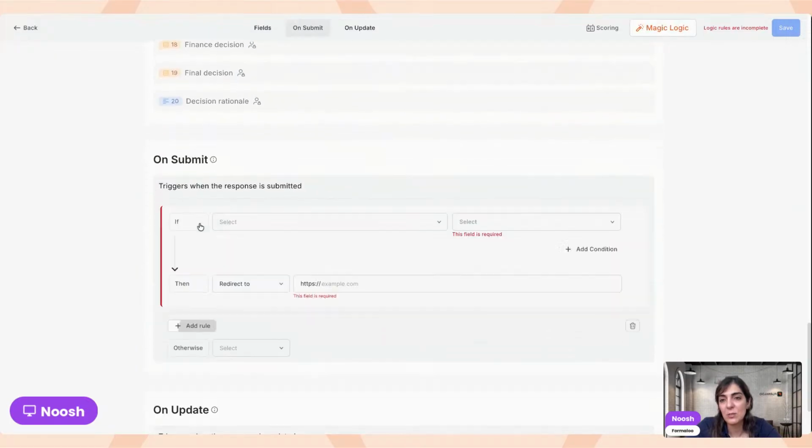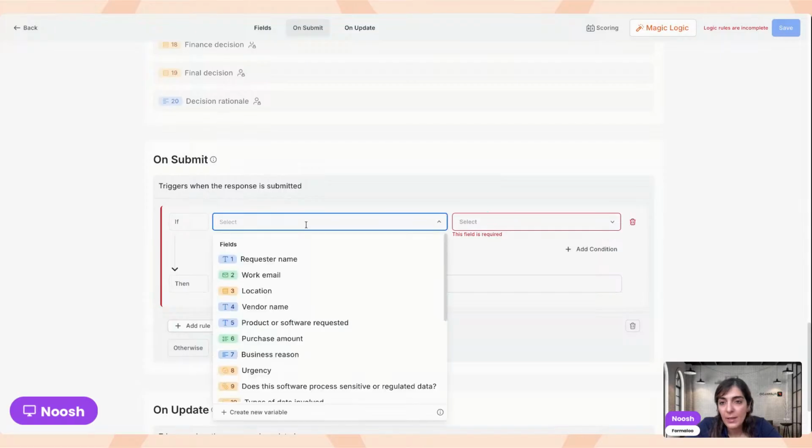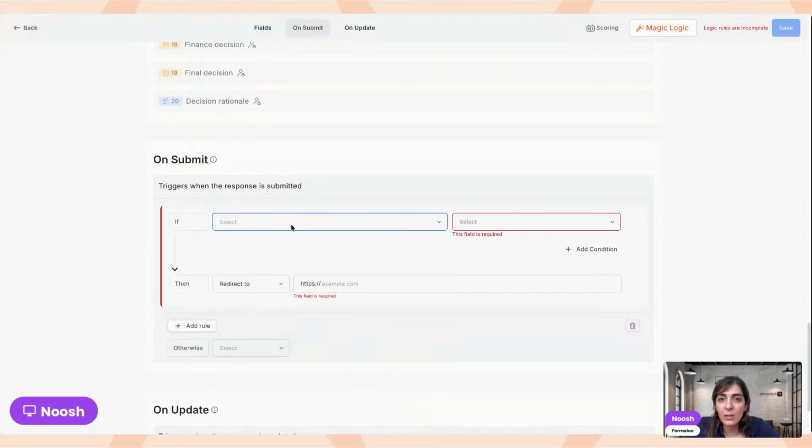This rule triggers when the response is being submitted. So I want to say if the user says that the software they're requesting is processing sensitive data, and the security question is answered,